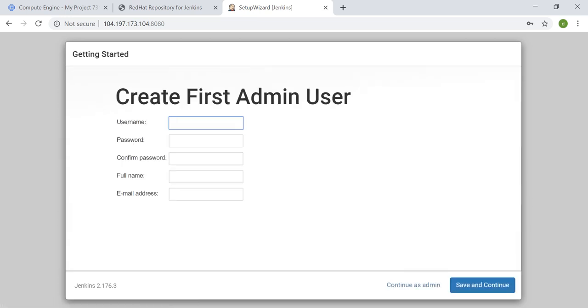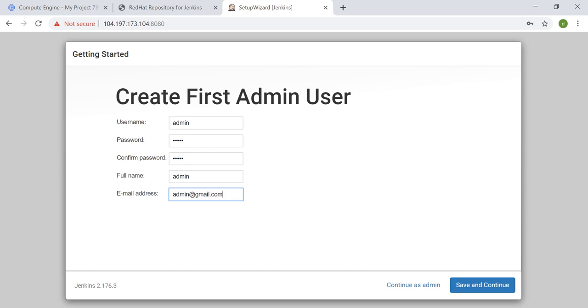So it's almost done. So for the first time again it will ask you to create some admin user. Let me create some user by name admin. You can give any name to this user. I am giving password also admin. Confirm password admin. Full name, give some name, let's say admin, and email ID admin@gmail.com.